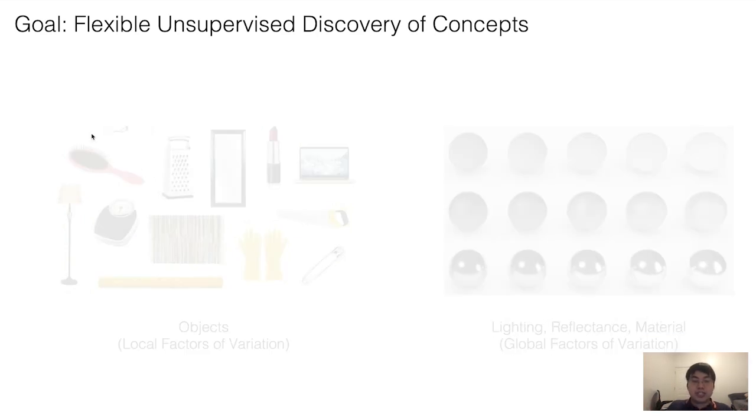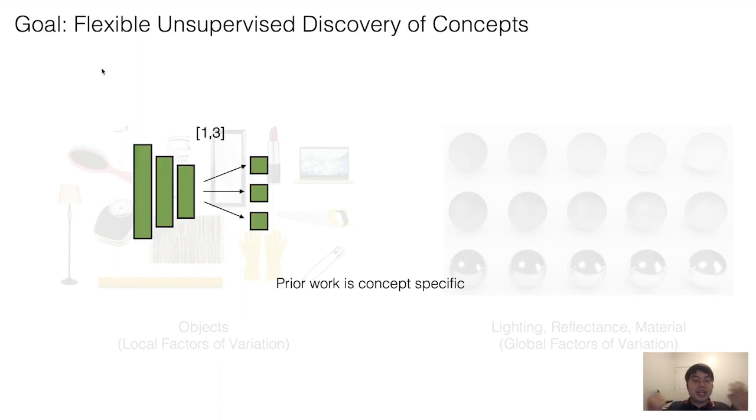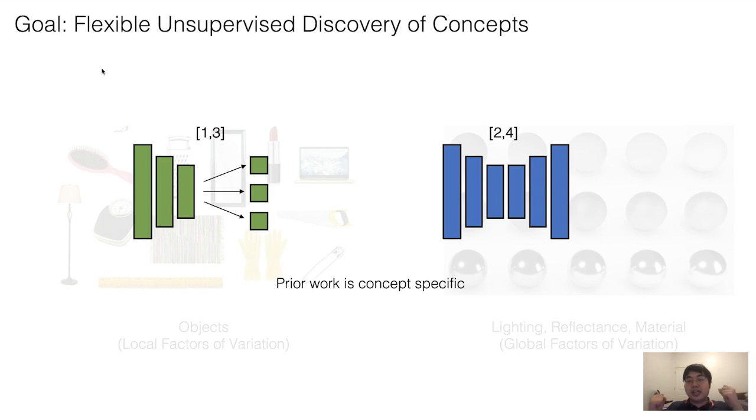Prior work has explored this, but is concept specific. In particular, one class of work, such as MONet or slot attention or others, focuses on representing each object as a different slot, which is inferred from the input image. In contrast, to discover the underlying global factors in an image, approaches such as the beta-VAE and related approaches embed input images into an underlying latent space, where the latent space captures each of the inherent global factors